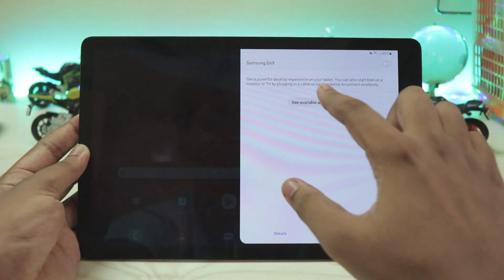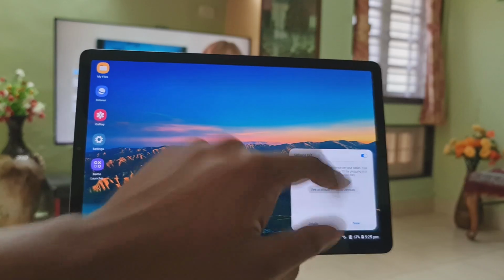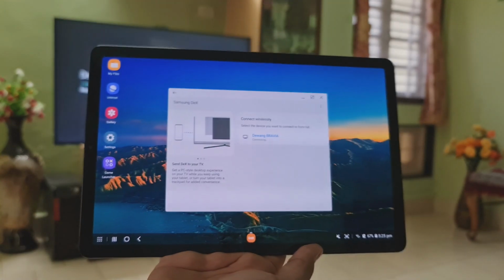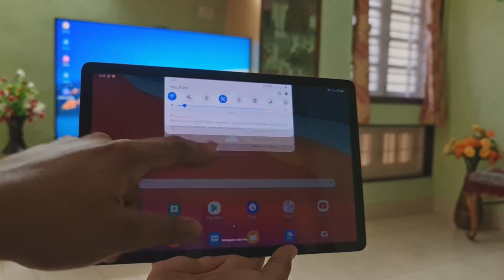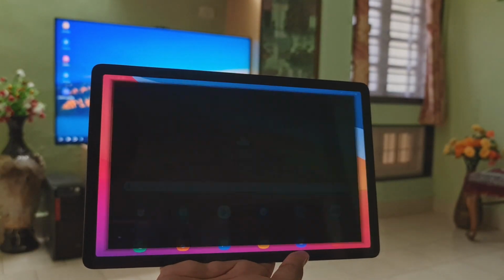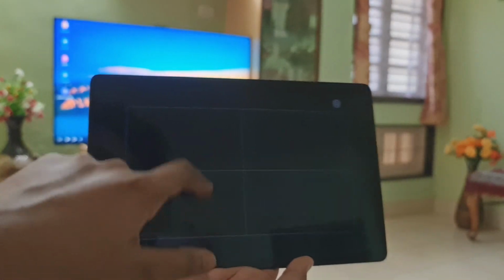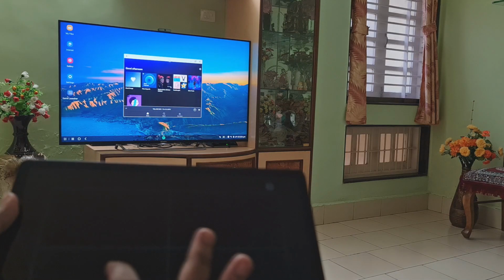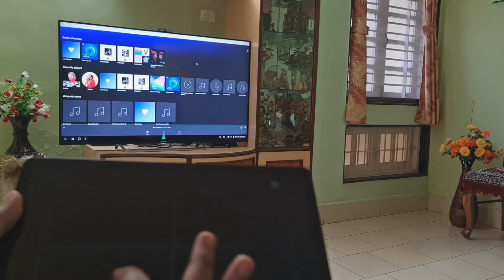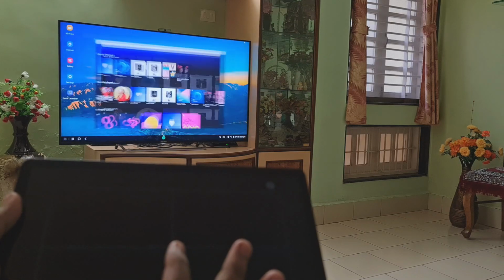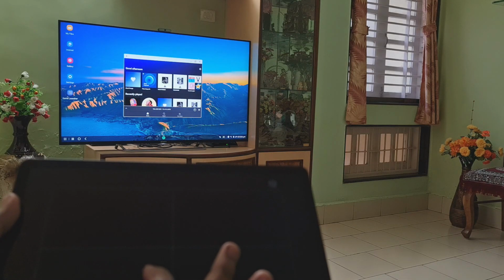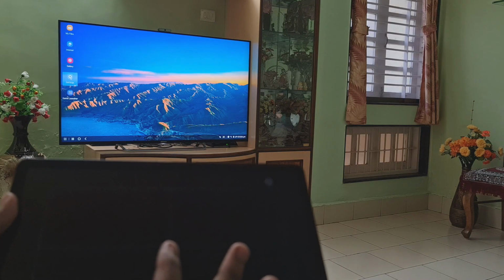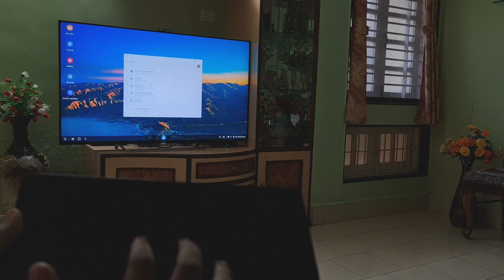Even with Samsung DeX, now you have wireless DeX, which is again a huge feature, to be honest. And I really thought this was specific to the Note 20 series and needed some kind of hardware to transmit it, but pretty much all the devices which have DeX and One UI 2.5 have these features. So probably the Galaxy S9 would have it once it receives the update. It just works fine with pretty much all the TVs which have Samsung Screencast or Google Chromecast. Mine is a Sony Android TV with Google Chromecast and it just works fine. Again, the mousepad and everything just adds up to the experience with minimal delays.